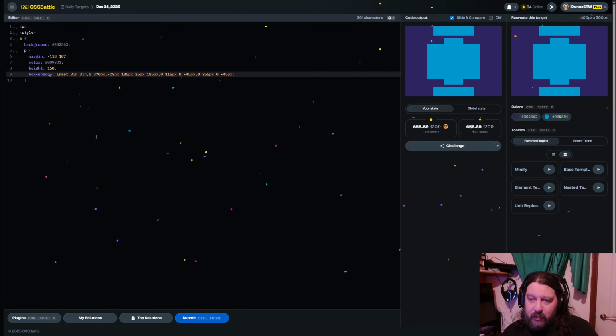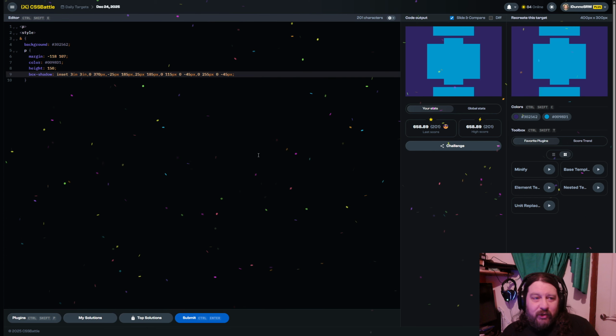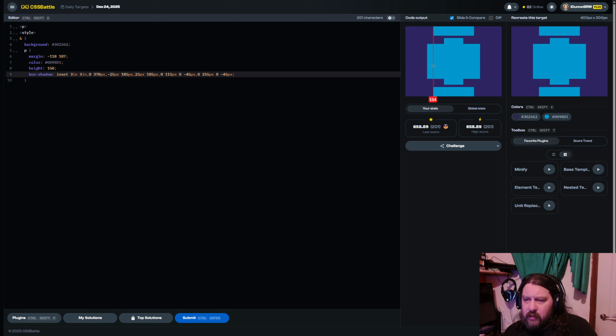There is a solution using nothing but box shadows. I'm sure if I thought about it, I could make it all fit a bit better, but really the way to do that would be to make this shorter and then expand it by 15 to 90, rather 90 to 115, so 25 pixels. 90, 100, and 25 pixels. So if we made that 50 shorter,